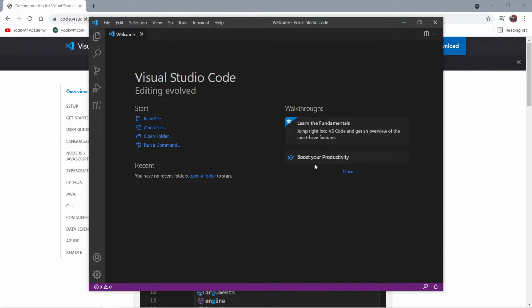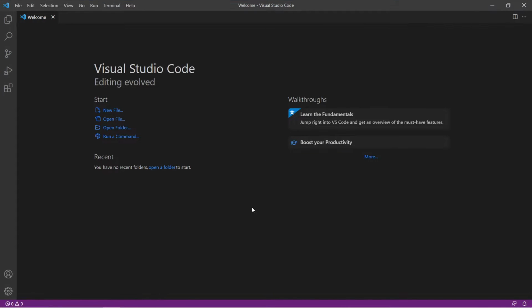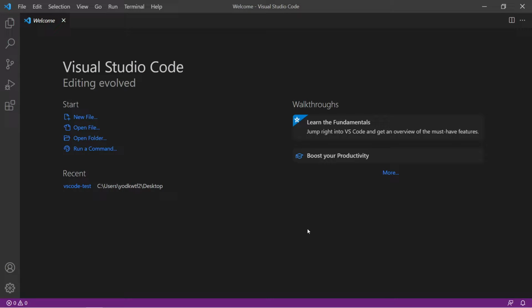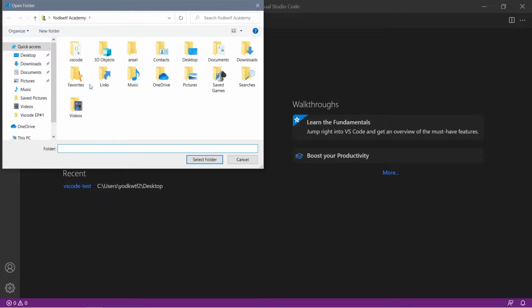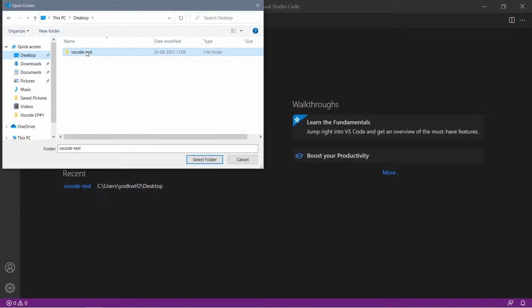So this is our VS Code basic window, and one by one I'm going to cover all of these options and what they are and how you can use them. So let's start. The first thing I will do is zoom in a little so you can see my screen better. And now to open a folder in VS Code, we have multiple options. So let's see the first one. You can click here, open folder, and choose whatever folder you want to open. So I'll move to the desktop and open this folder that I created just for testing purposes.